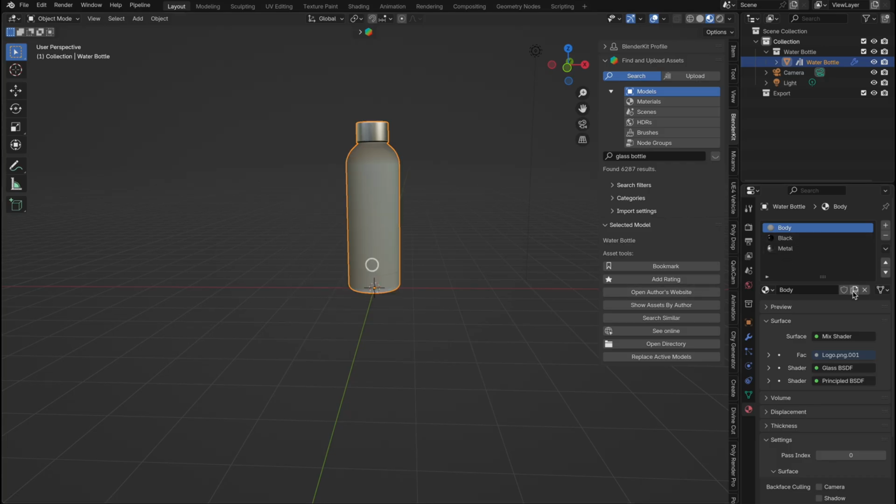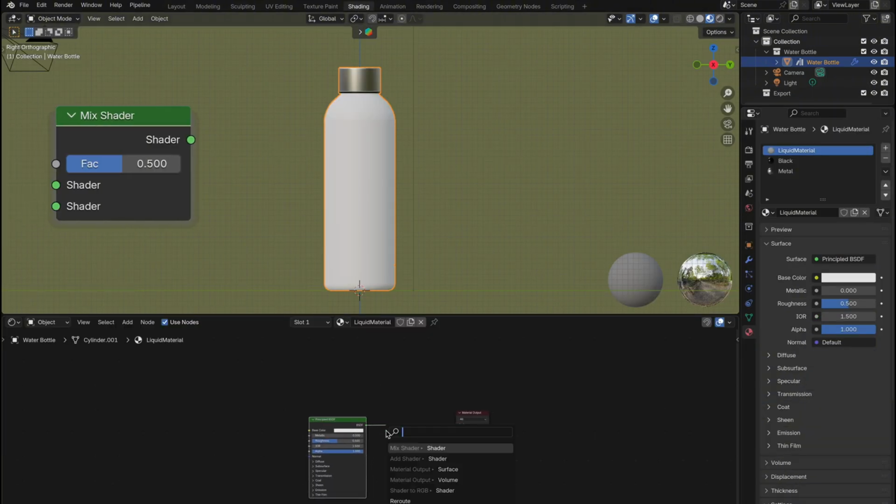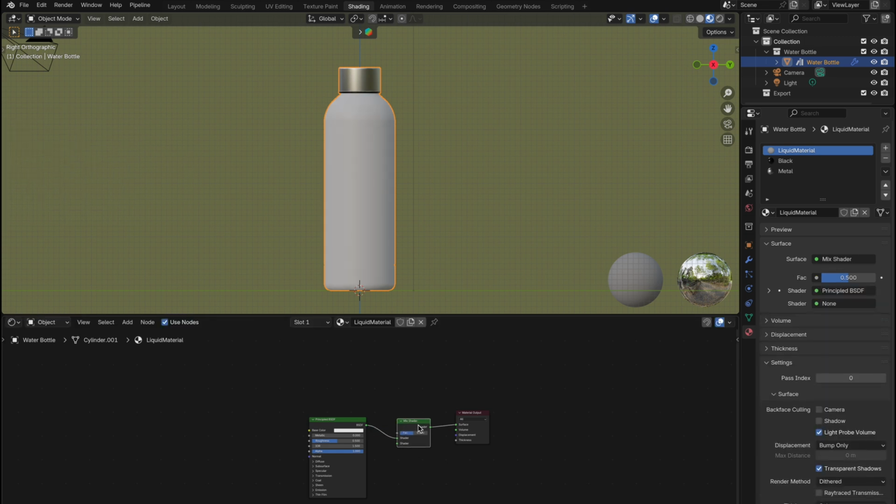Next, we'll create a blank material. I'm calling mine liquid material. Then I'll head over into the Shading tab. Here, the first thing I need is a Mix Shader node. Once that's hooked up, I grab another Principled BSDF and connect it to the top shader input of the Mix